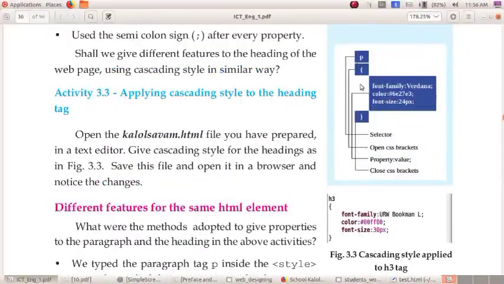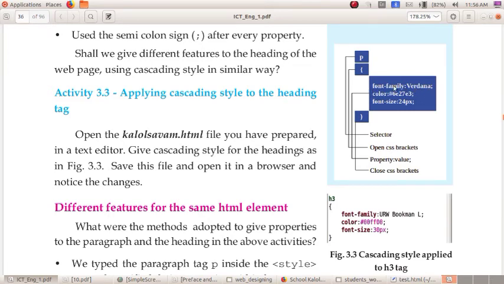This p is known as the selector. Then this bracket, the CSS brackets. This is the font family colon Verdana or Liberation Sans or Liberation Serif, then semicolon. So the syntax we can say commonly as property colon value then semicolon.